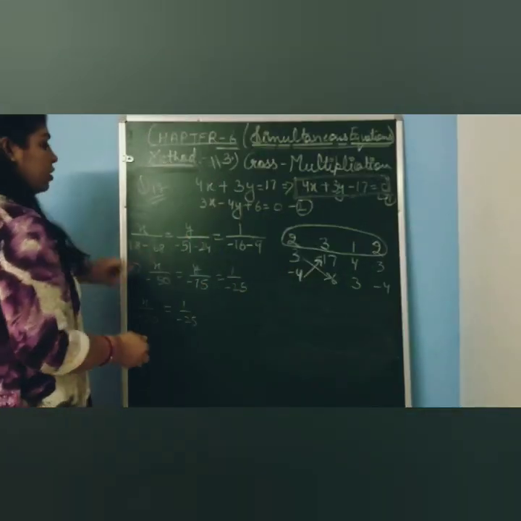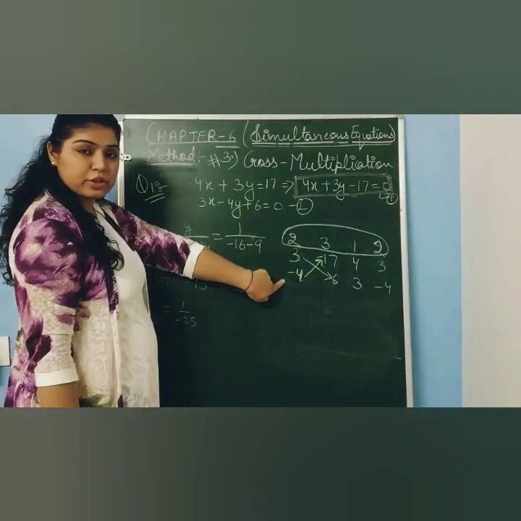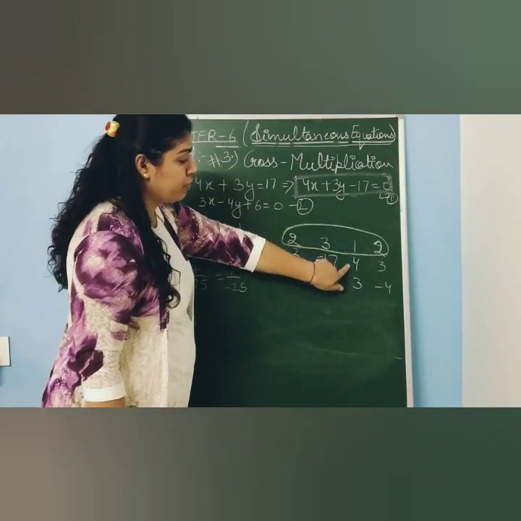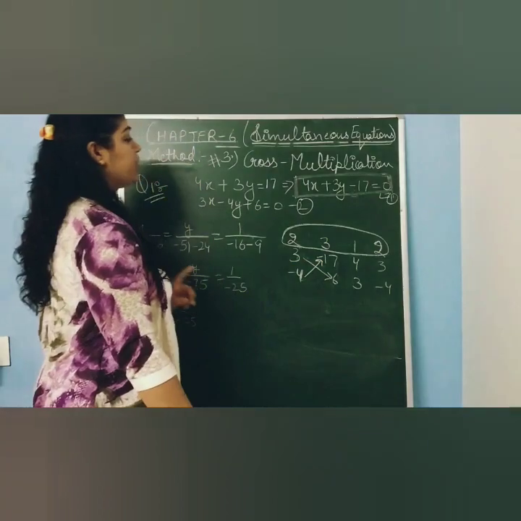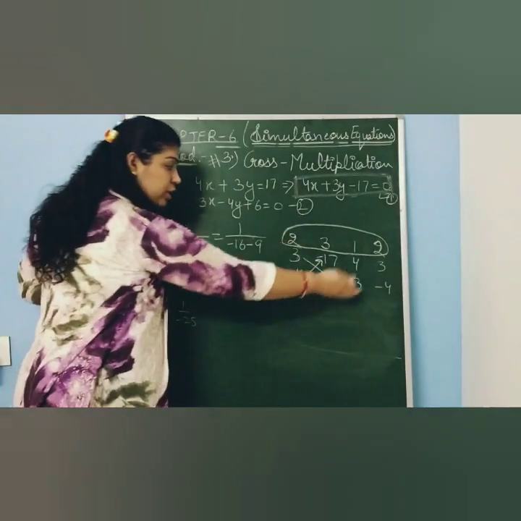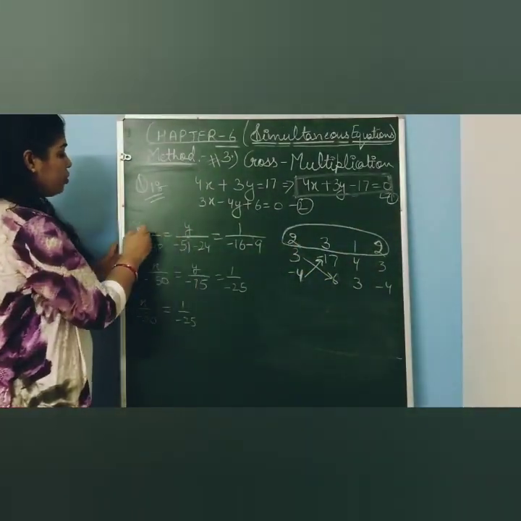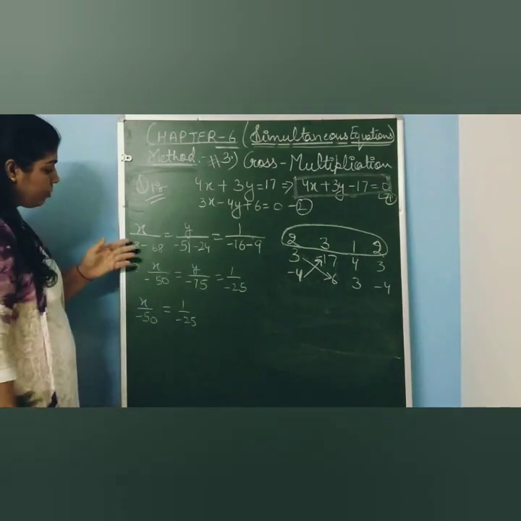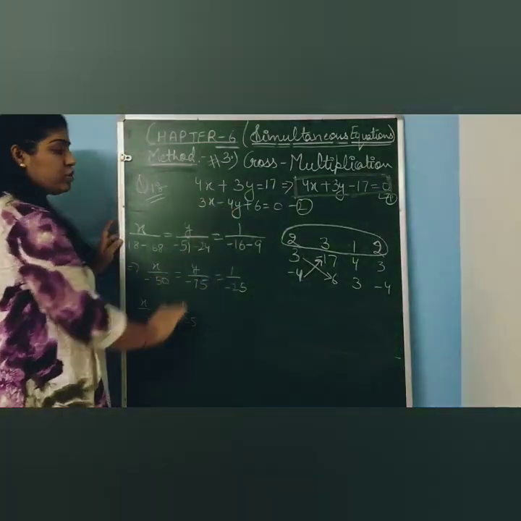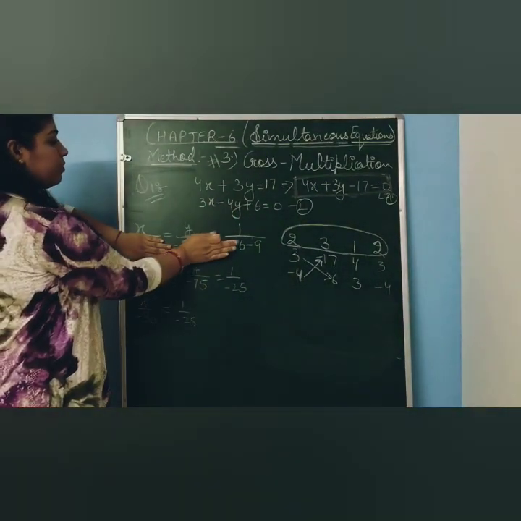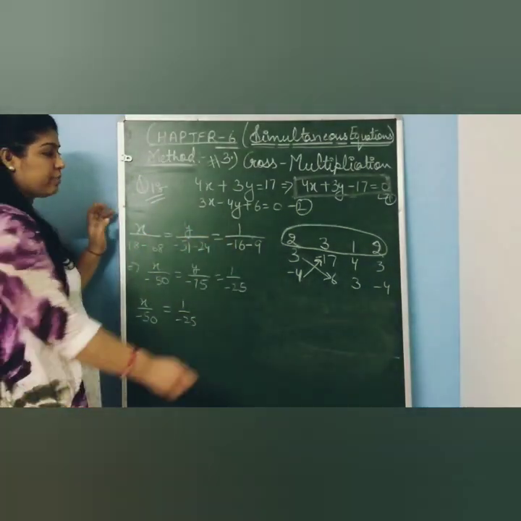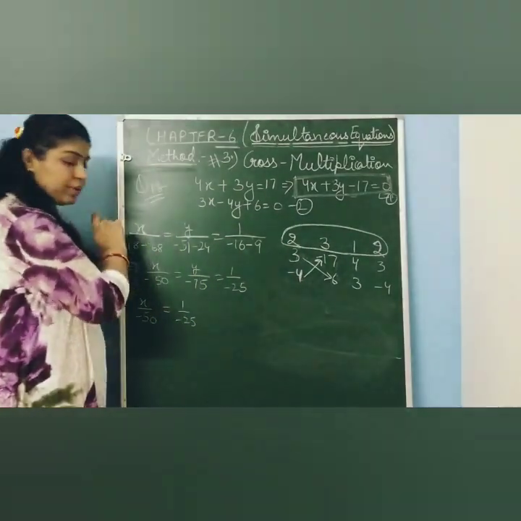Understand that for the 2 you write the coefficients of y. Under 3 you write the constant terms. Under 1 you write the coefficients of x, and under 2 again the coefficients of y. How do we find the values of x and y using this 2312? You write x over a denominator, equals y over something, equals 1 over something. We have to evaluate x over something, y over something, and 1 over something. How can we find out this something?